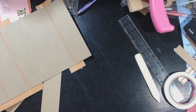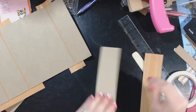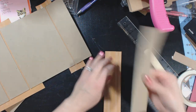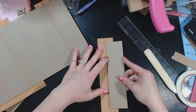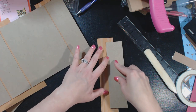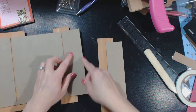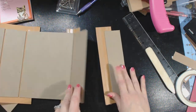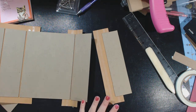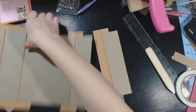I am using the Painted Fancy collection from Recollections. I do know that much. This is only 2 inches, so the last piece that I'm using is 2 inches instead of 2 1/4. My spines, both of them, this piece and this piece, again, are 2 1/4. And this is 2. So I need to get in my trash. I'm going to rotate